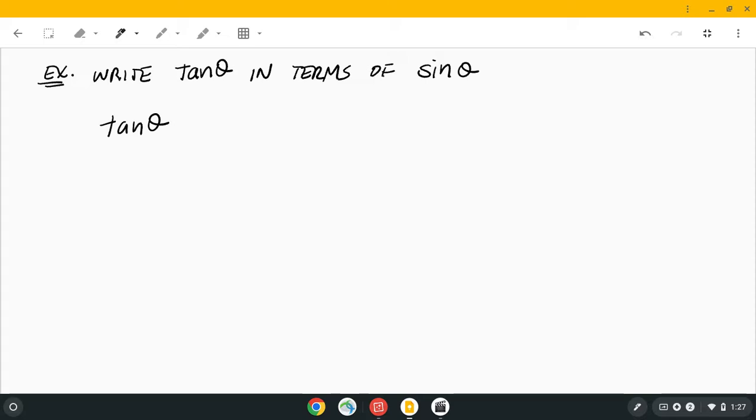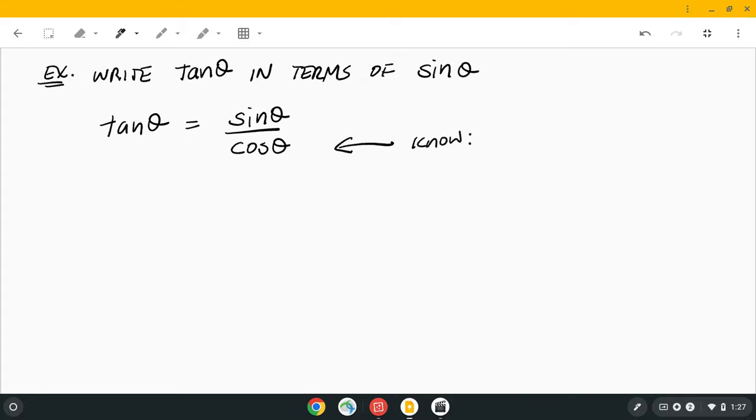Okay, so we know from the ratio identities that tangent is sine over cosine. Okay, so we're getting a little closer. We at least have sine here, right? But it says to write tangent in terms of only sine theta. So that means we have to somehow get rid of cosine theta by rewriting it in terms of sine theta. Okay, so right here, we do know